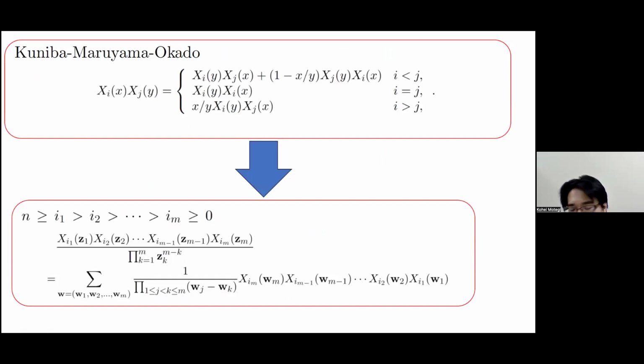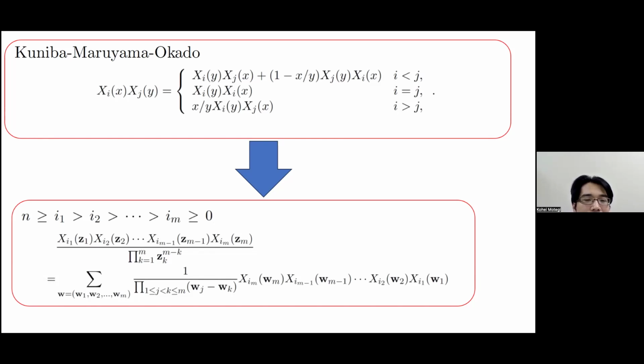In the first part, what was the key was the multiple commutation relation, and that was constructed from more basic commutation relations, which come from the RTT relation, and in Kuniba-Maruyama-Okado's paper,